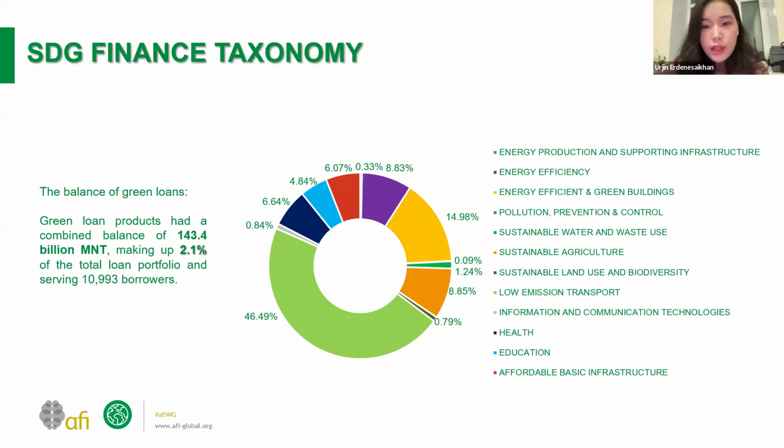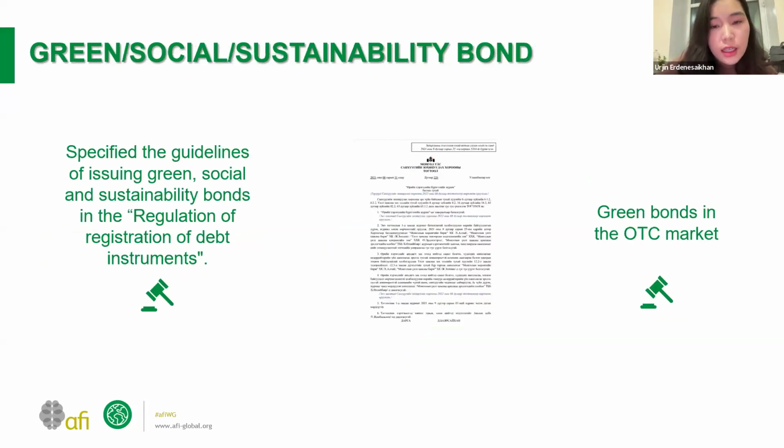The loan balance of non-bank financial institutions in these categories reached 143.4 billion tugriks as of the first half of 2025, which is equivalent to 2.1% of the total loan balance of the sector. Next slide, please. Since we created a regulatory environment for green, social, and sustainability bonds, these types of bonds have been successfully issued, and